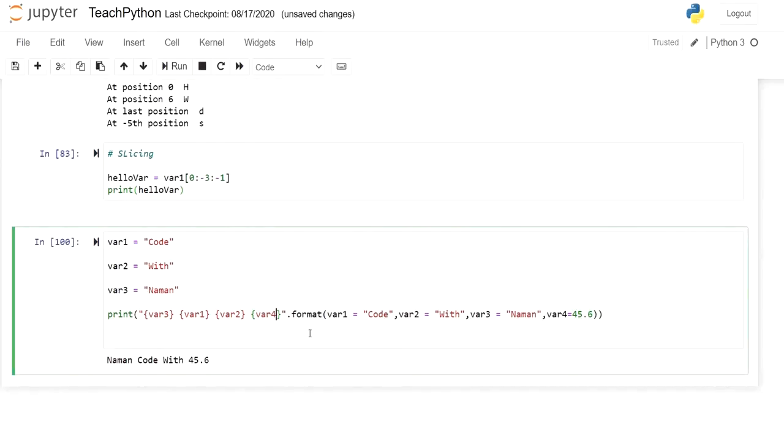Now one more thing, what if I use a point? Then I will write here .9f. So what does this do? This is a sort of formatting. So what is formatting? Formatting is if I want to represent a particular type of number, like only 2 decimals or 1 decimal, we can use it like this.